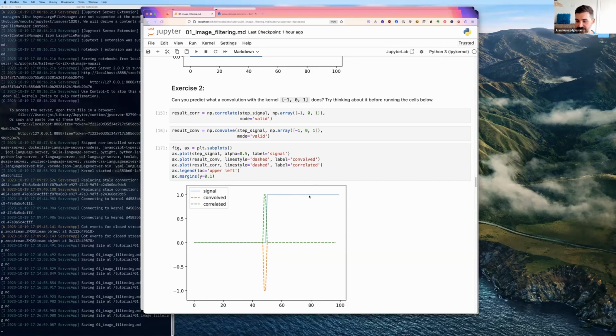And on the right, if you have -1 times 1 plus 0 times 1 plus 1 times 1, the -1 and the 1 cancel out. So you also get 0, which is what we're seeing here. But once your kernel or footprint is straddling this edge, you get -1 times 0 plus 0 plus 1 times 1,